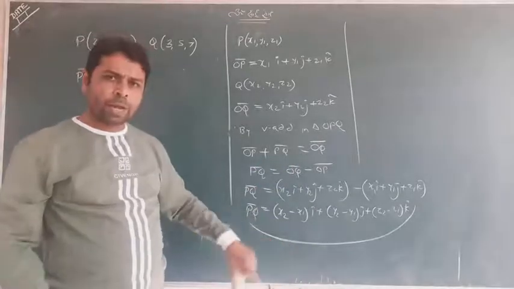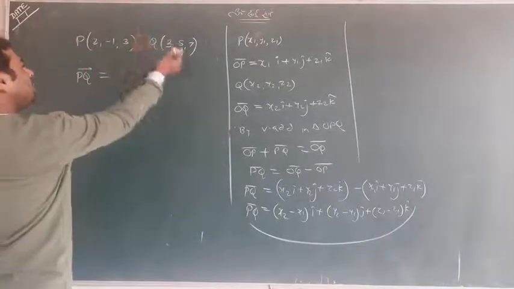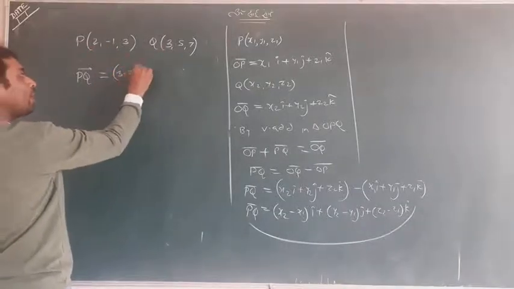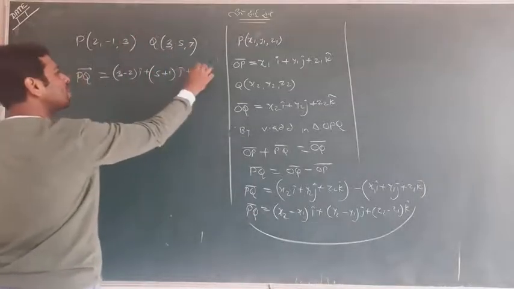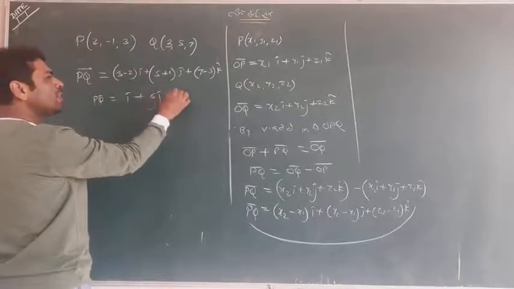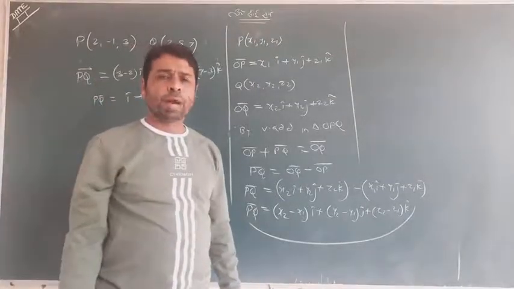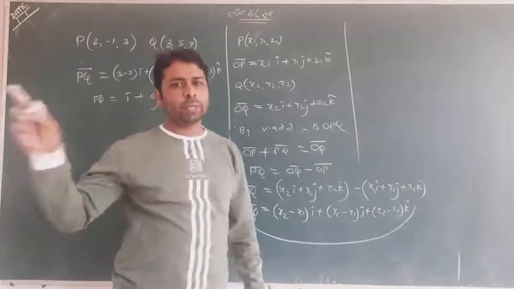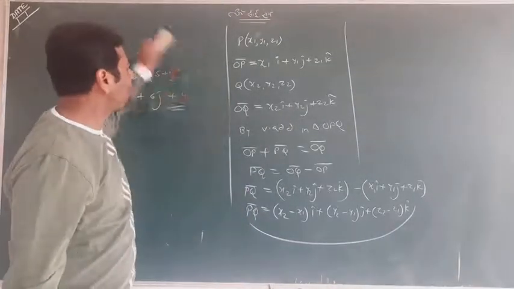Just go with a formula. The formula is x1, y1, z1 and x2, y2, z2, and PQ is equal to this minus this. (x2 minus x1): 3 minus 2 i cap, 5 plus 1 j cap, 7 minus 3 k cap. And your answer is 1i, 6j, 4k, that is PQ. It is that simple. I don't think it's a tough one. It's very easy for one and all. So try to understand: when 2 points are given, the line joining these 2 points is a vector we can find easily. This is the way of finding it when 2 points are given.